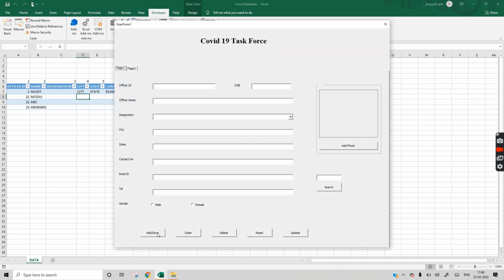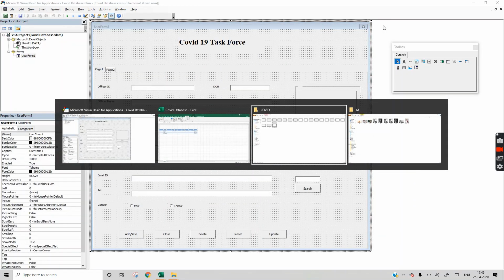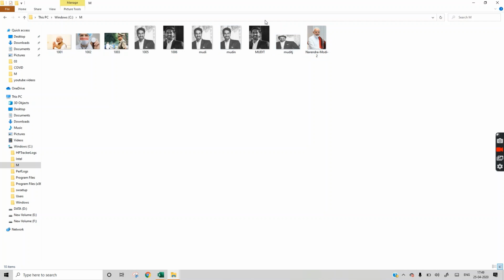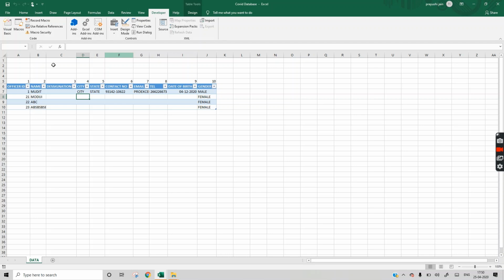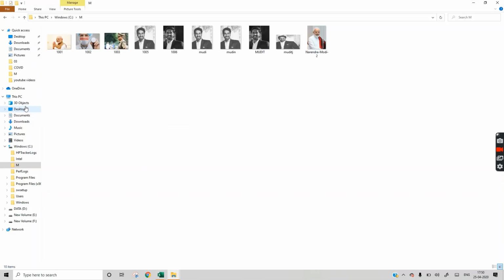Let's save it. Okay, data is coming in this table, which is correct. Now if we see in the folder, it is not saving here, so there is some error in the coding. Otherwise it would have saved here with the name ID 23.